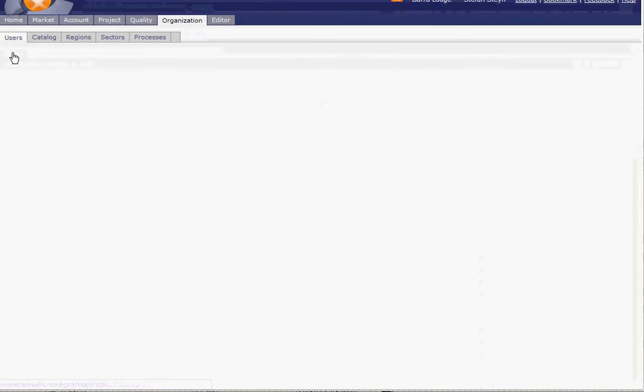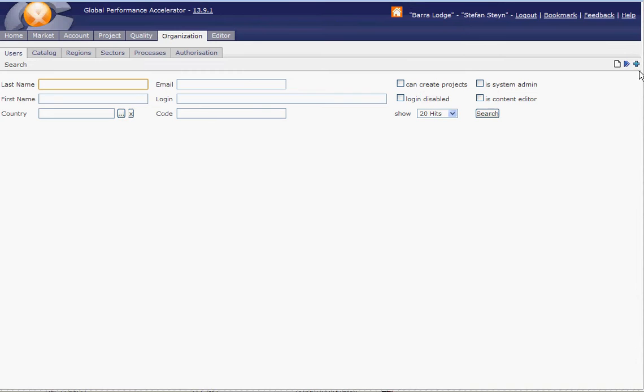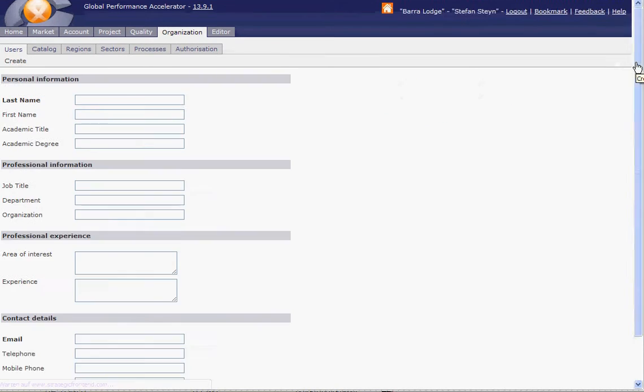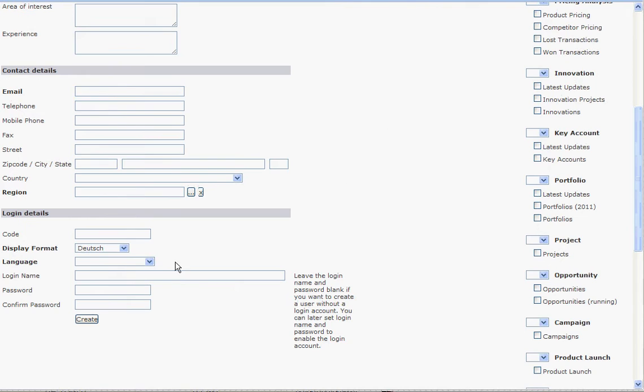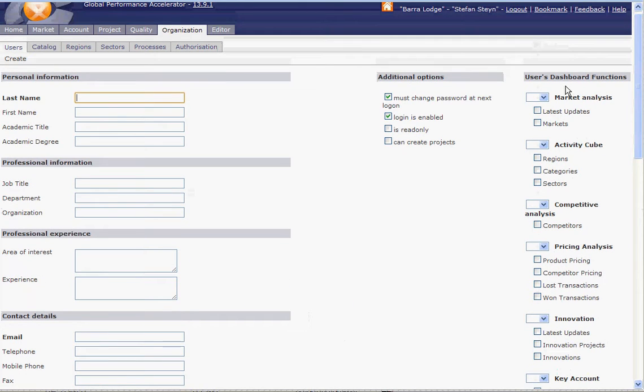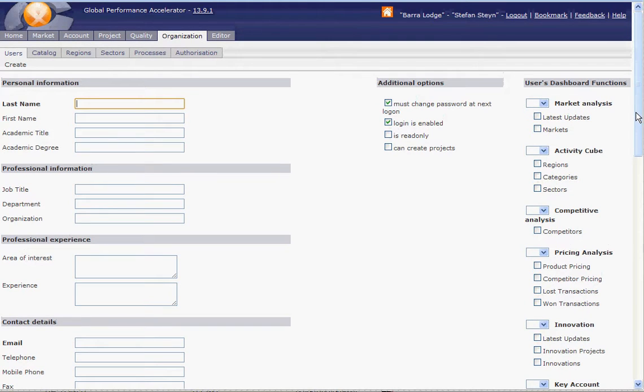If you go back and if you want to add a new user, here you have the create button, plus you create a new user, giving the name, and also don't forget to give him the password and confirm the password, and also tailor the different dashboard functions. This is, I think, a very essential first step.